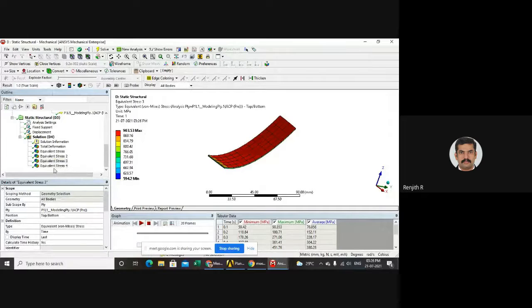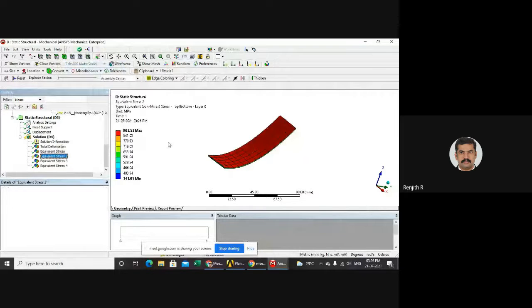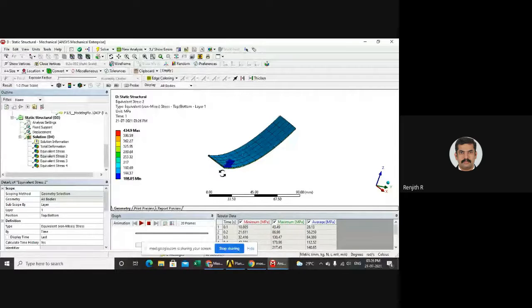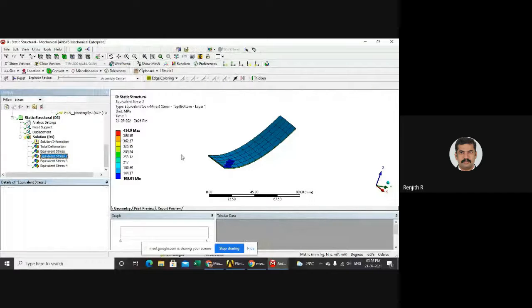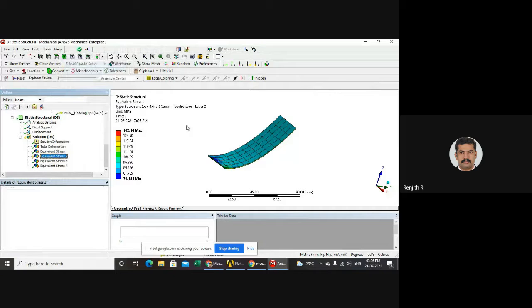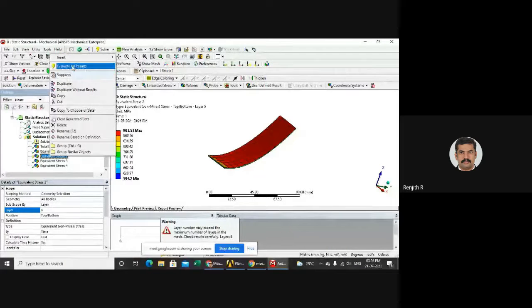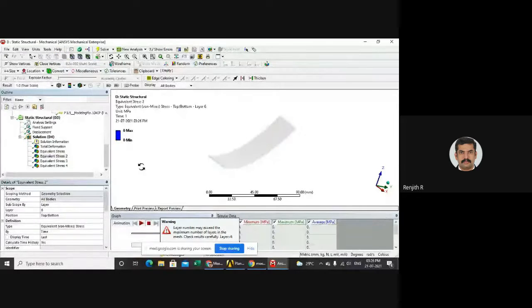And if you want to analyze layer-wise, that is, you want to visualize in which layer this is happening, for the first layer, if you give the equivalent stress, it will show you the first layer stress distribution. And if you give the second layer, it will give you the second layer, and the last layer, that is the fifth layer. If you provide the fifth layer, you will get the fifth layer results. More than fifth, there is no sixth layer. If I give the sixth layer, it will show you invalid something. So there is no layer, so that's why it's 0, 0.